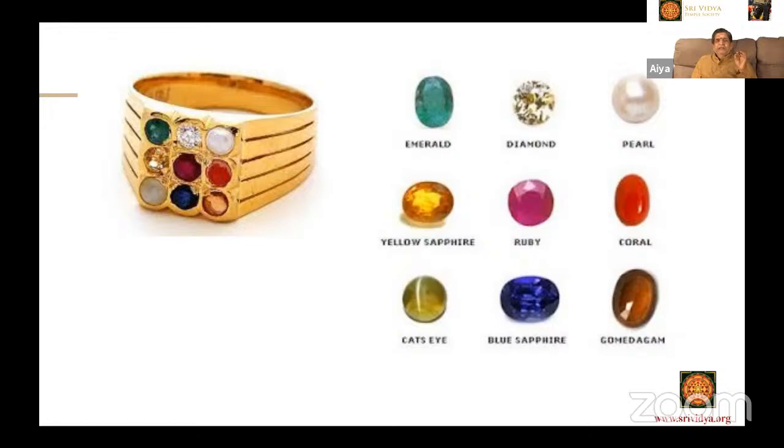Diamond. It can be pink diamond or blue diamond. Both of them are okay. That is Venus. Valli, Valli. Then Saturn is blue sapphire. And cat's eye is Ketu. And Gomedaka is Rahu. These are the gemstones that are useful. And the better the quality, the more the effect is. Yes, you can wear them to mitigate the particular effects of a particular planet or a group of planets.